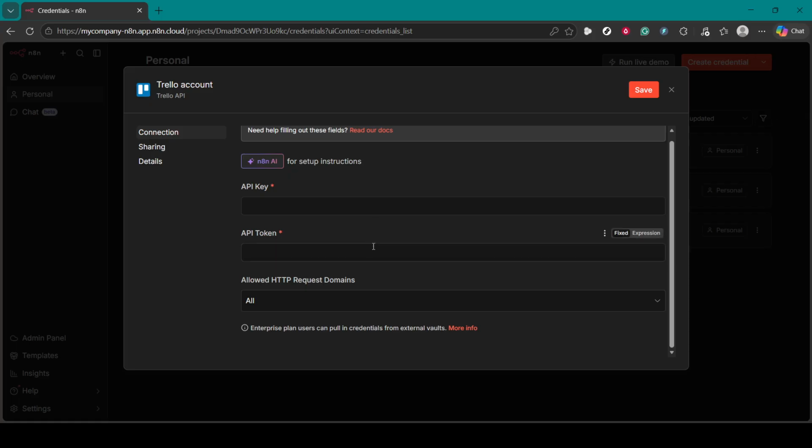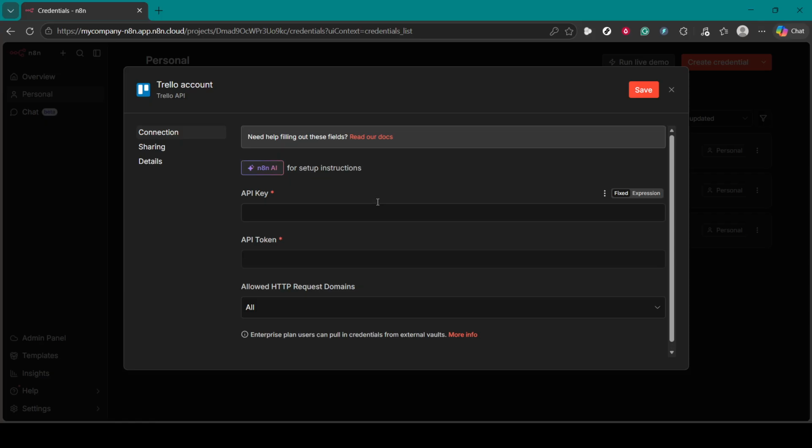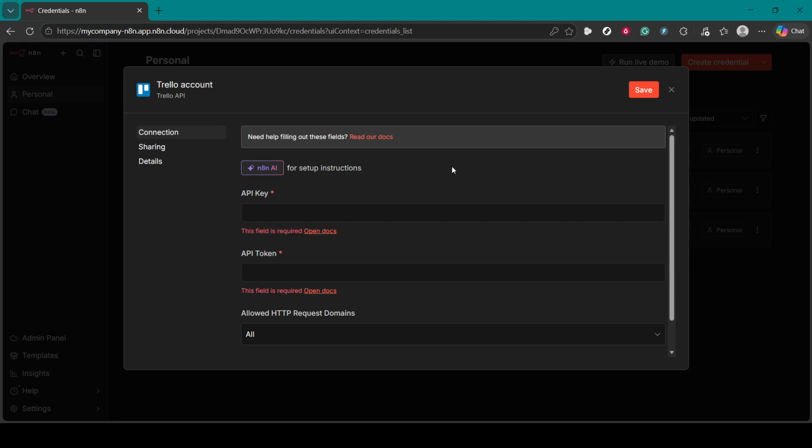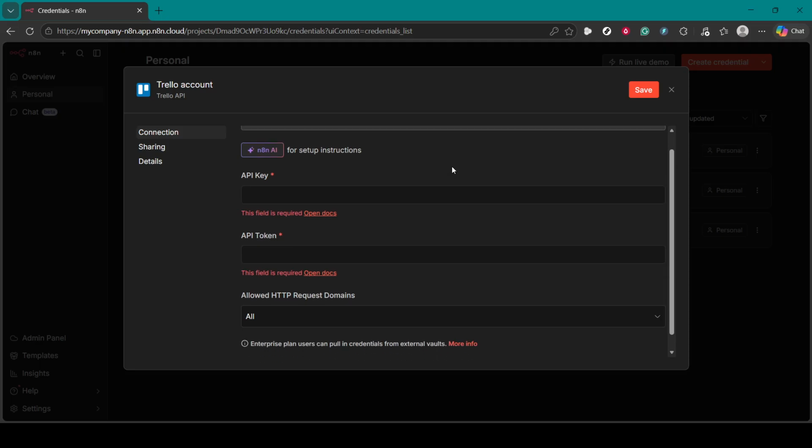Treat these values like passwords. Never share them publicly, avoid storing them in plain text, and don't show them on screen recordings or screenshots. In n8n, credentials are encrypted at rest, and you can control who can view or use them, so double-check access if you collaborate with teammates. If your Trello token has an expiration or limited scope, make a note of that and plan to rotate it